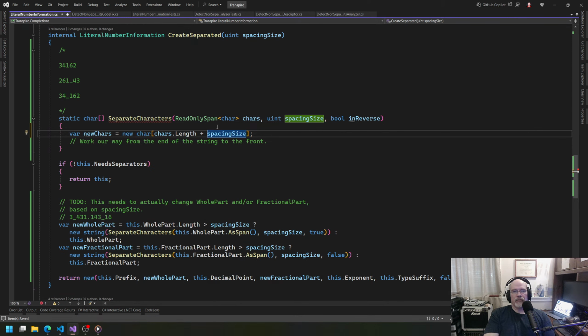So if we can figure out what the actual length of the char array is, then we reduce the allocations. Because if we make a list, we can pass in a capacity size, and that will make the internal array, because if you look at the list type, it actually uses an array internally, and then if you're about to go over the size, it does fancy stuff to reallocate and preserve what you have, so then you don't have to think about that. But I'm thinking in this case, there probably is a mathematical way just to figure out, well, how many